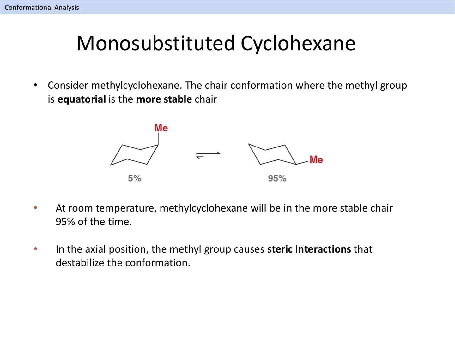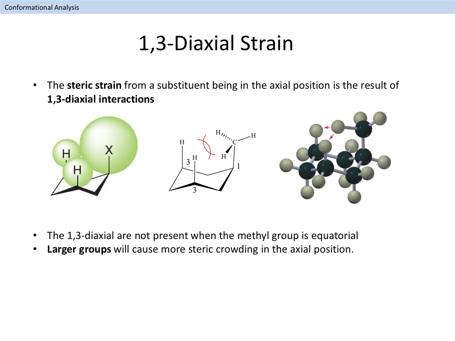Let's see how this works on the next page. When a substituent is in the axial position on a chair structure, a form of steric strain called 1,3-diaxial strain is introduced. This strain results from electron-electron repulsive forces between the three axial groups on the top and bottom faces of the chair structure. Also known as a flagpole interaction, the 1,3-diaxial strain increases as the size of the axial